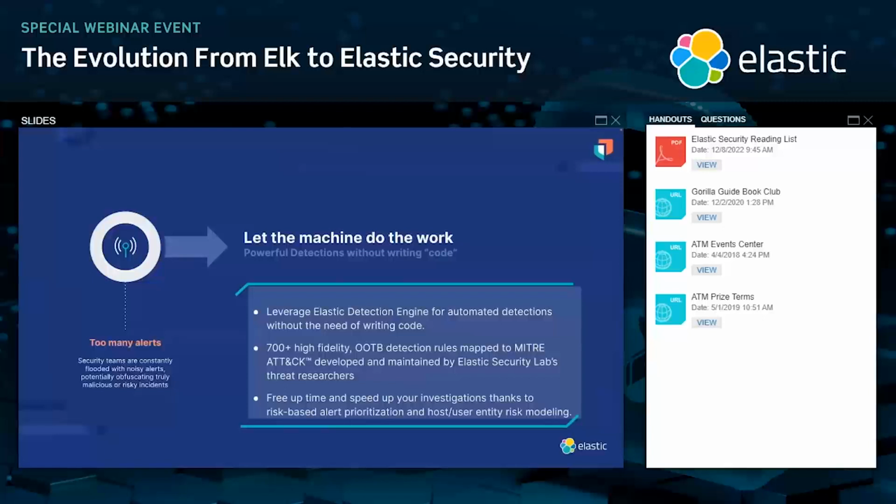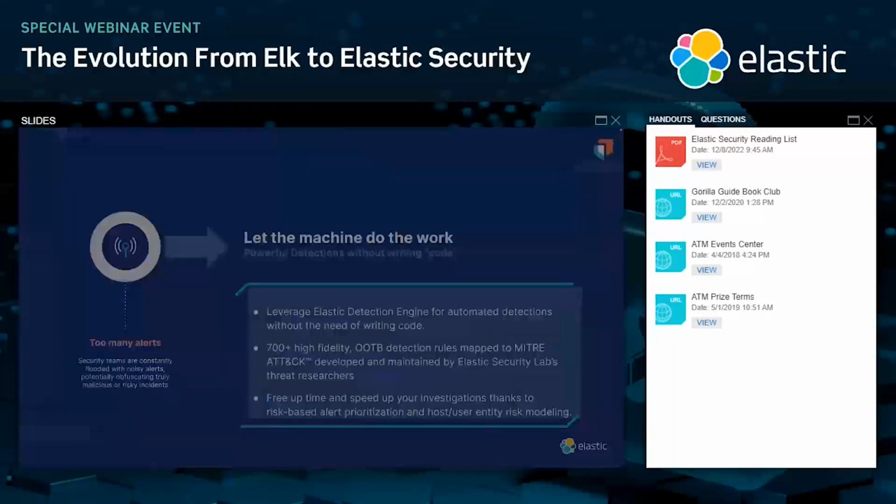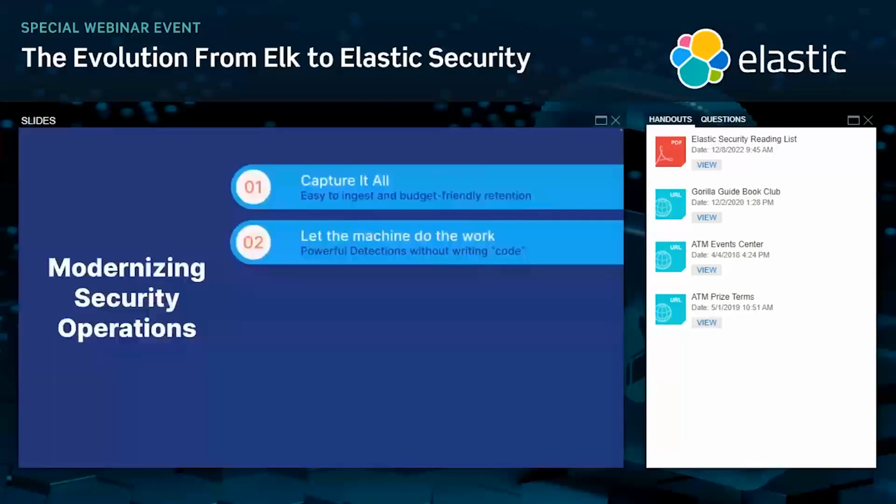Obviously, we're moving away from that. With hundreds of high fidelity out-of-the-box detection rules, with all that MITRE ATT&CK context that's part of any alert firing, maintained and built by our threat research team, Elastic Security Labs. And really the goal here is freeing up the analyst time so that they can focus on things that matter. Powerful detections without writing code.